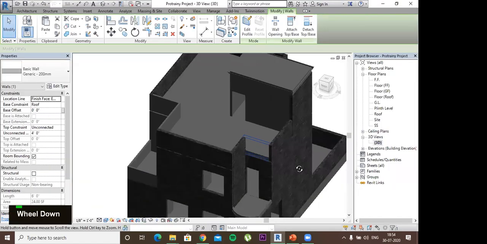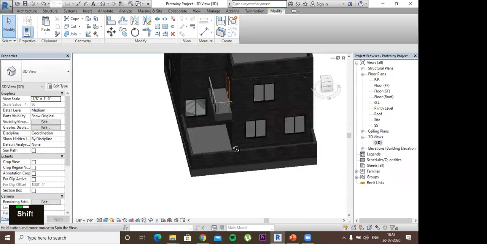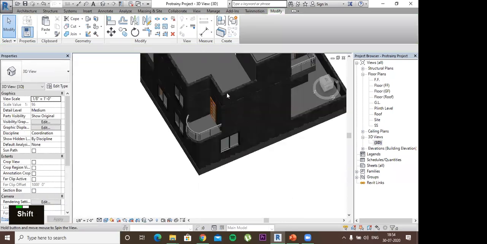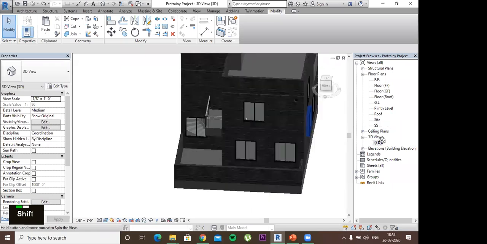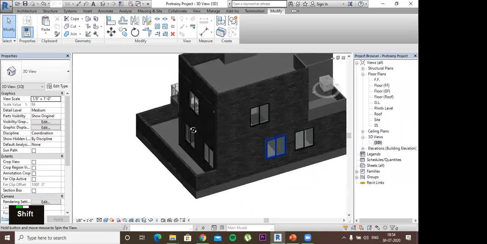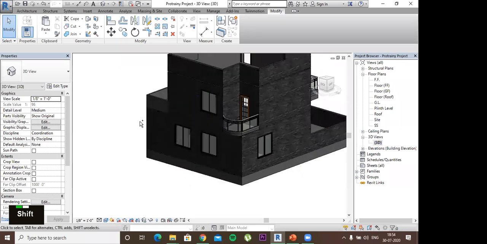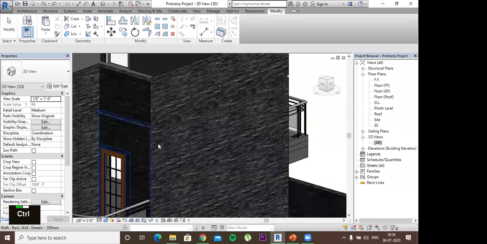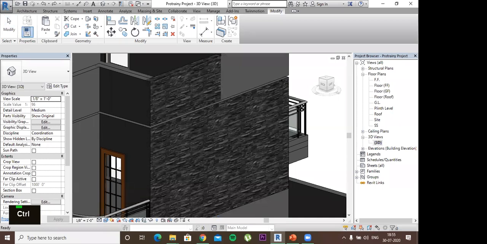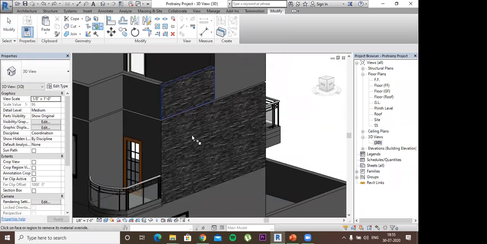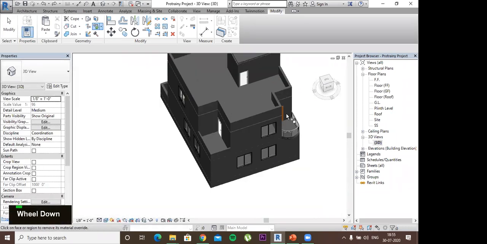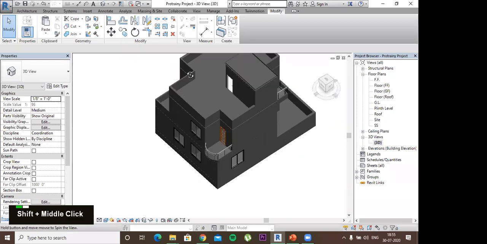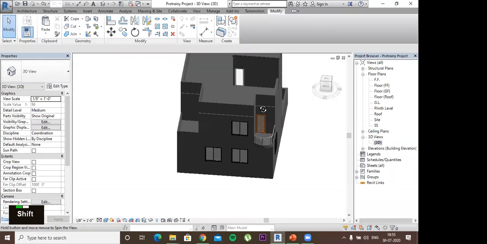As you can see here, all the walls which have the same type will change. For example, these walls were different, so the materials of these walls haven't been changed. We have changed the property of a type of wall, so all the walls which are created with that type will be changed. Okay, I'll just undo it. I'll remove the paints. And that's it. That's how we apply materials.